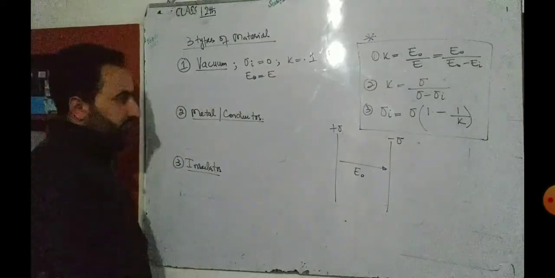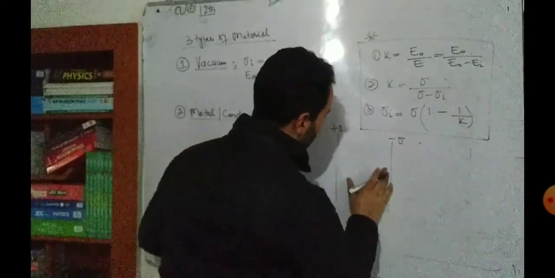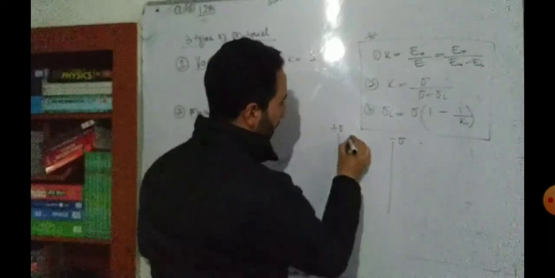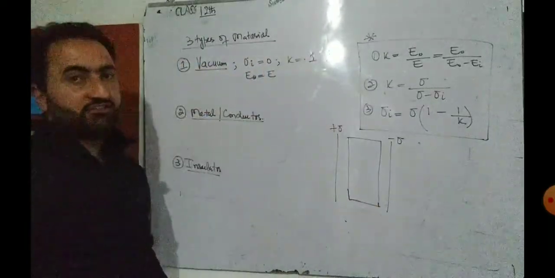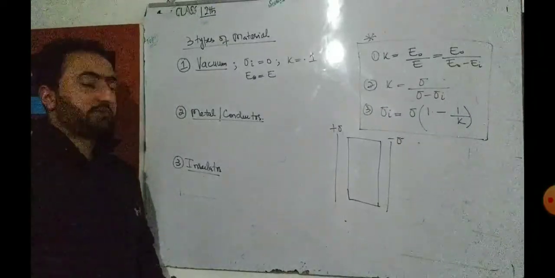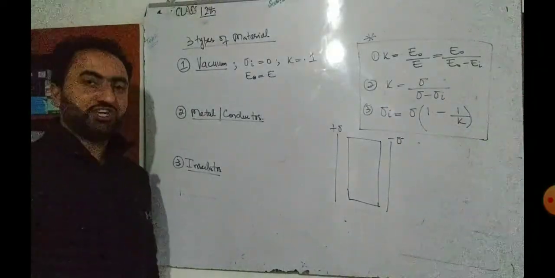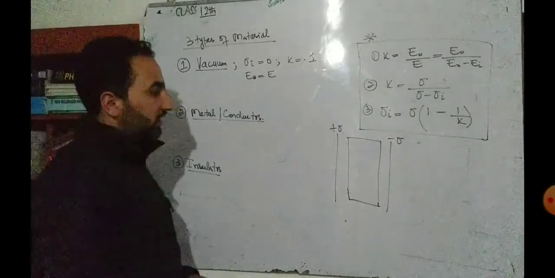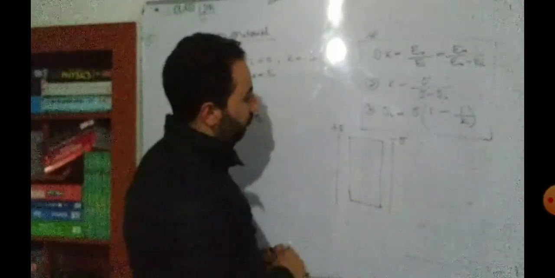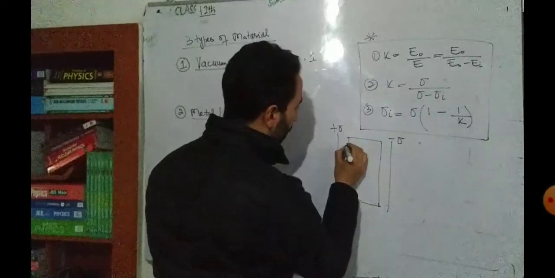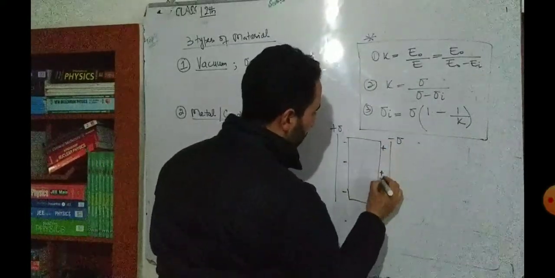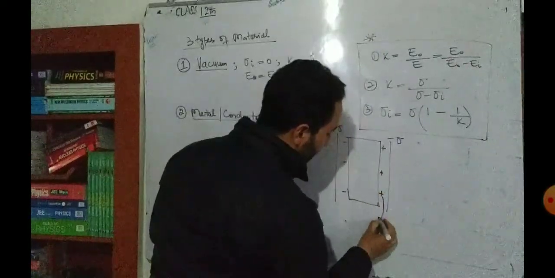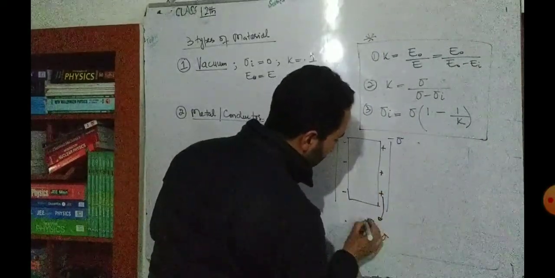Then for metal, suppose that we will place a metallic slab here. ध्यान रखो बेटा. Metallic slab. You know that whenever a conductor is placed in a region of external electric field, the field lines don't penetrate the conductor, called a shielding effect. Or the electric field inside the metal is always equal to 0, because the reason is this face will develop minus sigma, and this face will develop plus sigma. So that in this very case, the sigma I will be exactly equal to sigma.